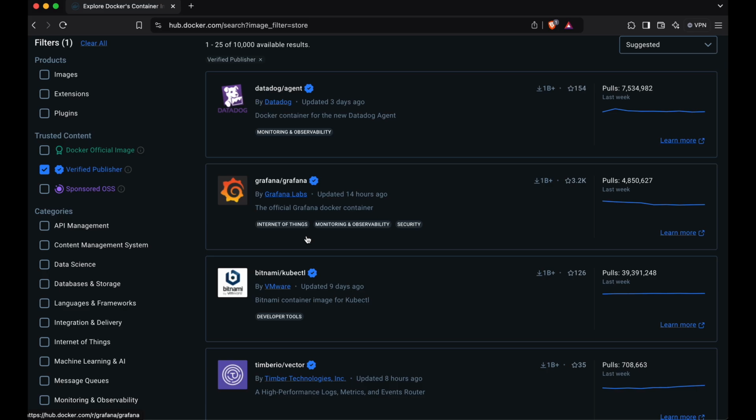These are the verified images. Verified images are published by trusted organizations, the developers. These images undergo a verification process by Docker to ensure they meet certain standards of quality and security. They are not maintained by Docker, but their verification helps users identify reputable images for their projects. And the next one,